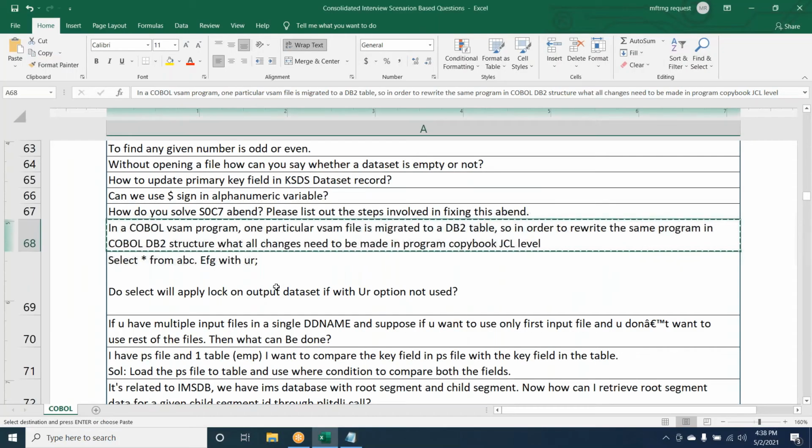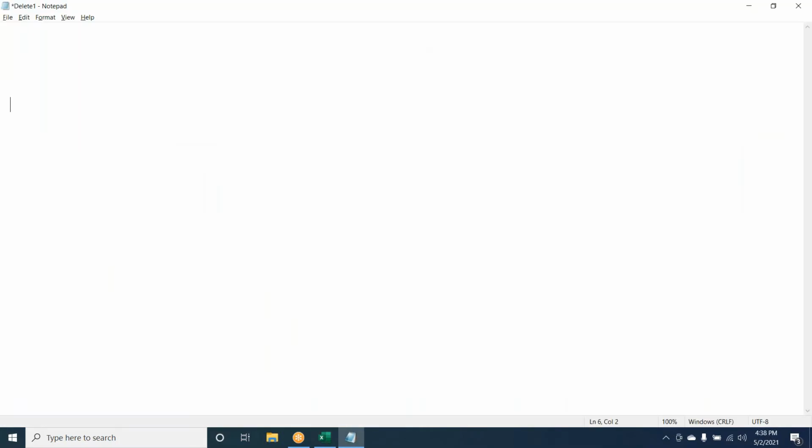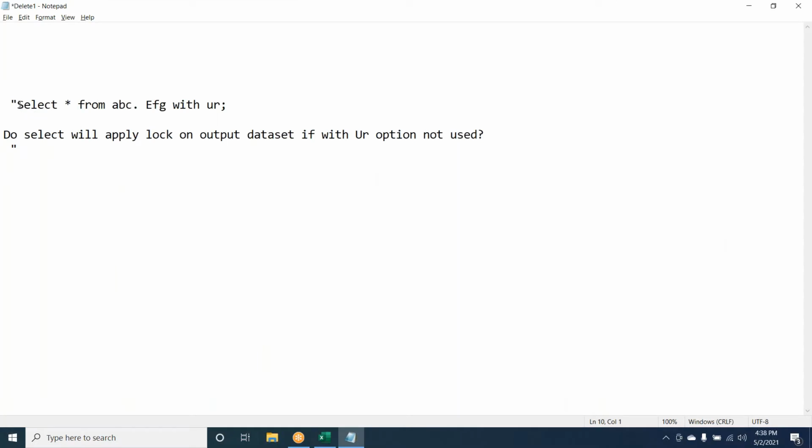One more thing, in JCL also we need to call the program using the utility. We need to change the utility and call that. Which utility? We can't call IKJEFT for calling the COBOL DB2 program. Okay, IKJEFT01. You have to do bind and run. So again, the JCL is totally different compared to the previous one.